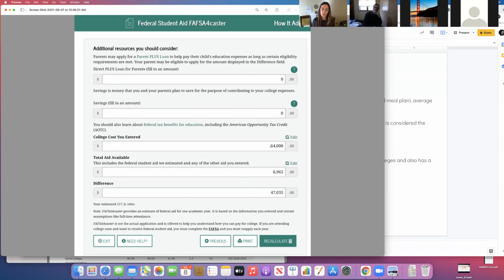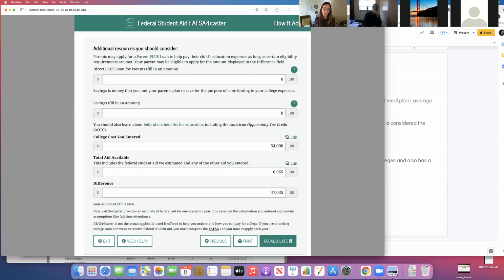I put an average cost of $54,000, which is a good average for a public school, like an out-of-state public school. If you're looking at private schools, that's going to be $65,000 to $73,000 a year. So when it asks you that in the FAFSA forecaster, obviously we don't know the college your student's attending yet, so just put a good average. And I hope you put 0 for scholarships received, because none of your students should really have any scholarships yet, unless they're amazing and have already somehow, without me knowing, received some big scholarship.